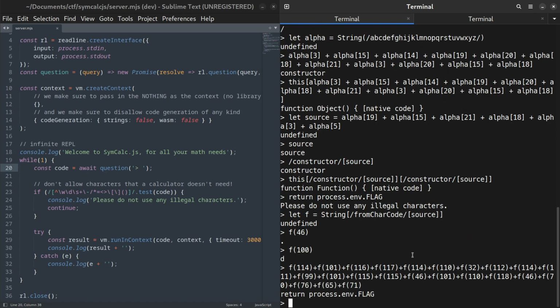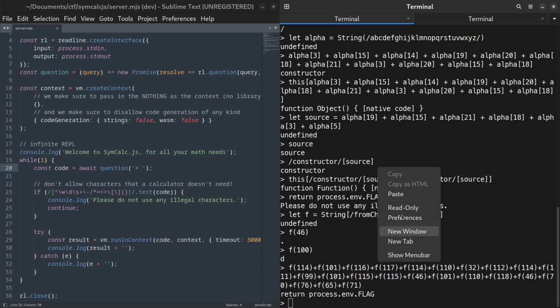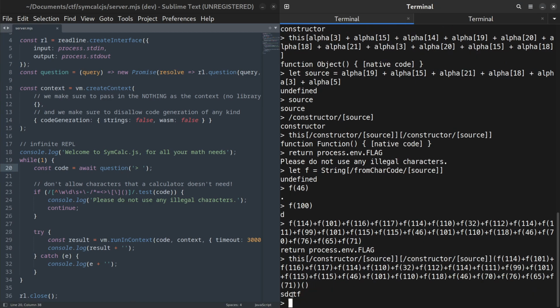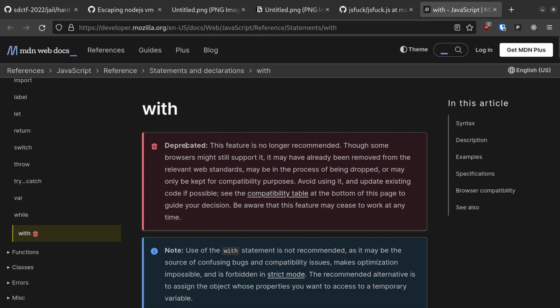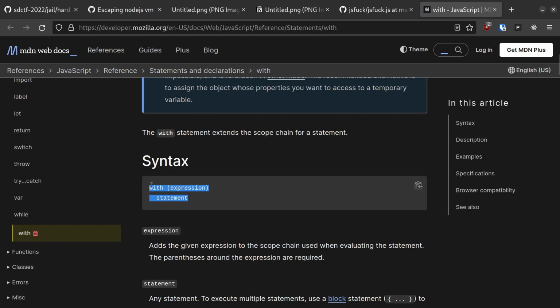All that's left then is to provide this as input to the function constructor, call the function, and we will receive the flag variable. Now that we've developed our exploit, all that would remain in a CTF setting is to use this payload on the official challenge to get the real flag. That's all I have today, but if you want to challenge yourself, see if you can solve this without using regular expressions. Your hint is that there is a very obscure, deprecated JavaScript statement called with that may be an even simpler alternative.